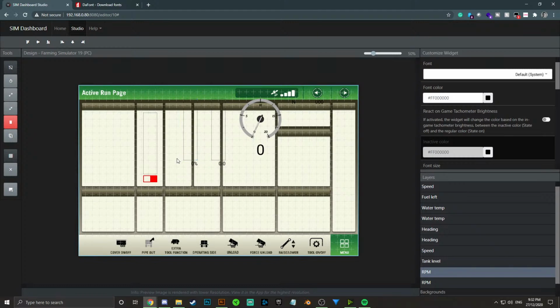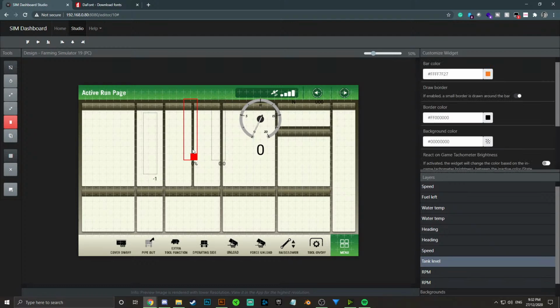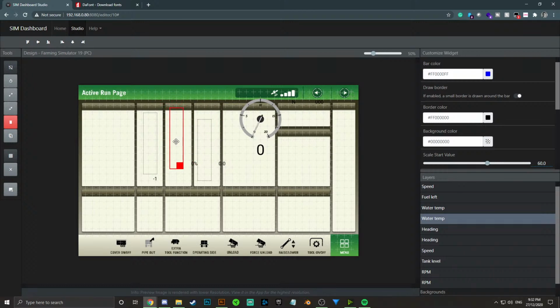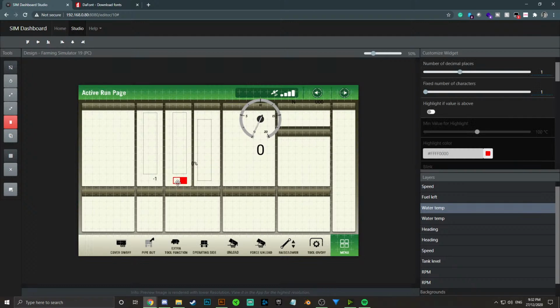This is fuel level and water temperature. I think this one is, yes, that's your fuel tank level. So actually I want to keep that on that side, and this one is water temp. So we'll keep that next to the RPMs. I think they're probably more related. So we'll stick them next to each other. And bring the